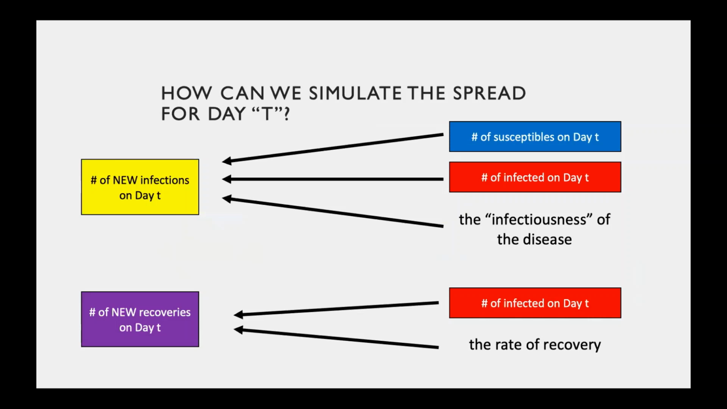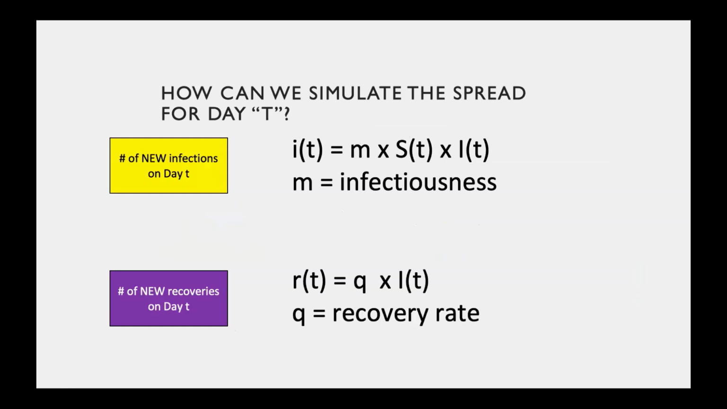part of the disease. So if we want to actually look at the equations to get these yellow and purple boxes, I've written this out here. Basically, that lowercase i, the number of new infections on day t, is the infectiousness times the number of people susceptible times the people that are infected. And then lowercase r is the number of recoveries. That's